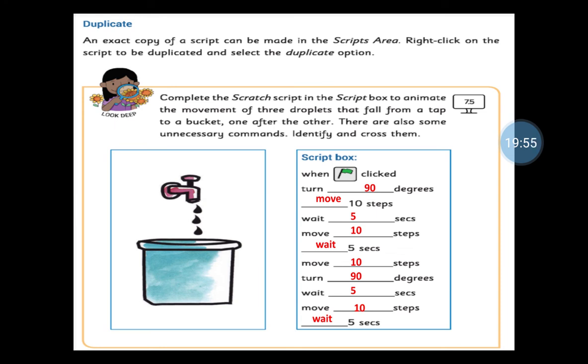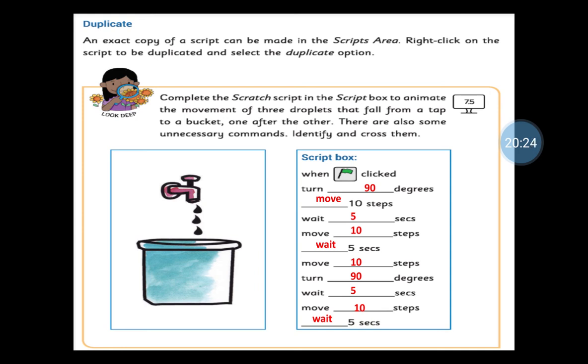Next is duplicate. An exact copy of a script can be made in the script area. Duplicate means an exact copy of the script. Whatever you have written in the script area, if you want to make a copy, you have to use the duplicate option. How can you do this? Right click on the script to be duplicated and select the duplicate option.